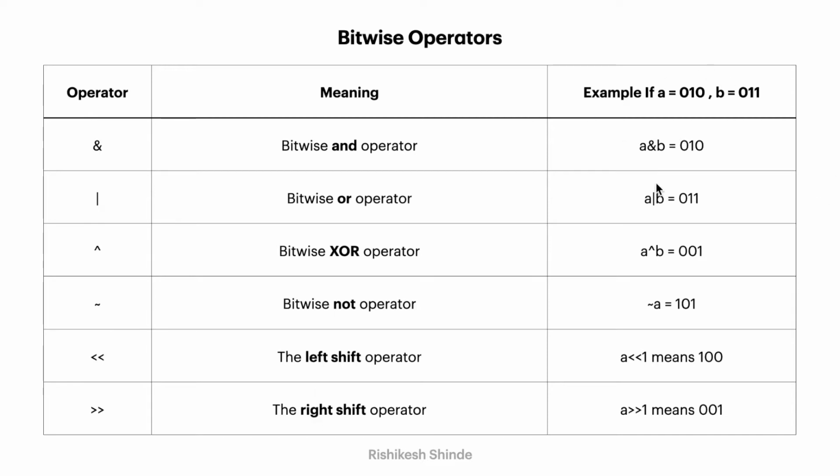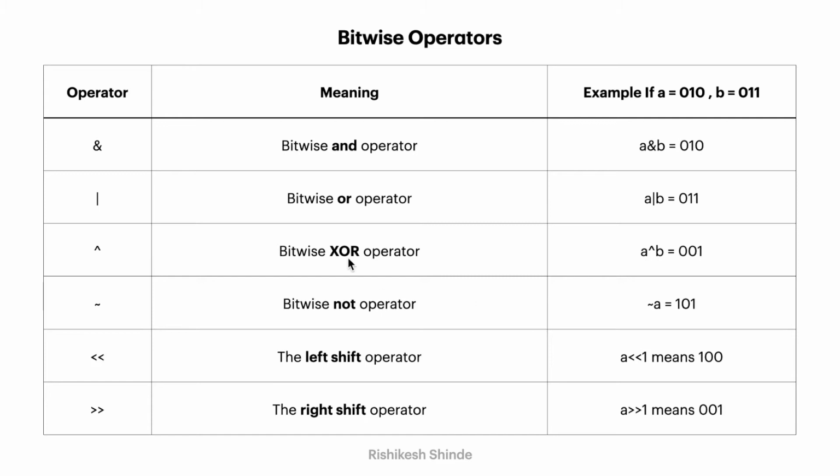Here in these examples, you can see that I have implemented the AND operator between A and B. A and B are declared here. The data stored in A and B is in binary form, and the respective operations are performed using these bitwise operators. The result is given here.